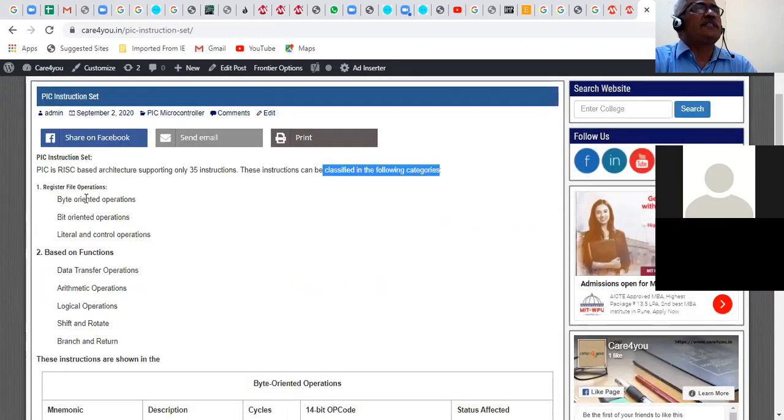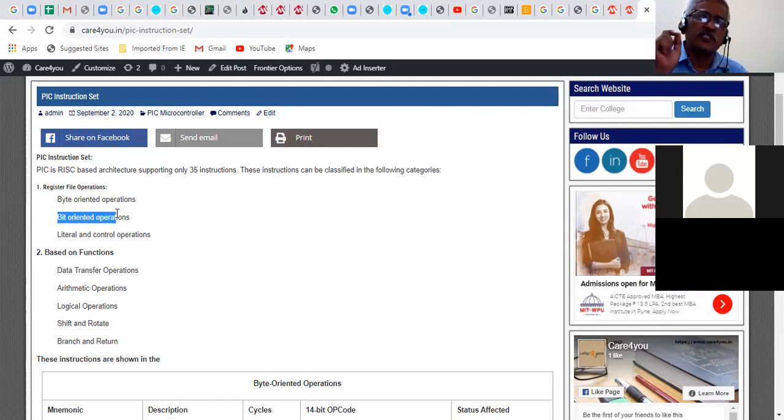So we can classify these instructions based on the register file operation. You have the register files and what operations can be performed on those. This can be a byte oriented operation. I have a register of 8 bits that I want to manipulate, so that is byte oriented. You can have a bit oriented approach for the operations. You can set or reset individual bits for some of the registers. For that there are the instructions. And then you have the literal or constant operations.